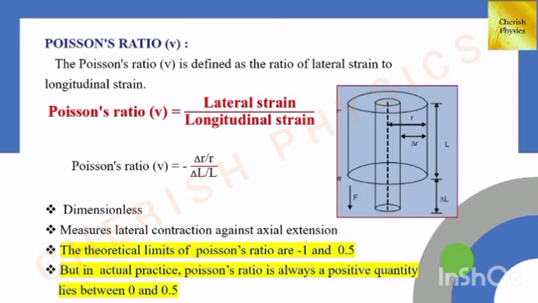Theoretically, the limits of Poisson's ratio are between minus 1 and 0.5. But in actual practice, Poisson's ratio is a positive quantity, so its value lies between 0 and 0.5. Next, let us see some